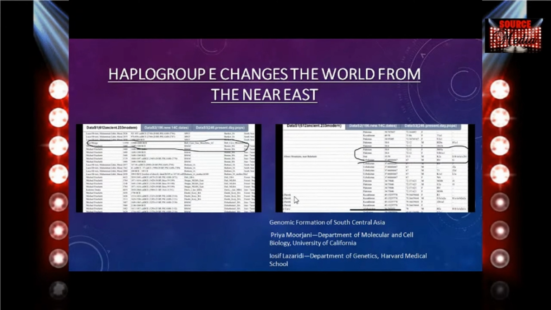Any of y'all can go into the supplementary data, click on the Excel, pull this up on your phone or whatever, and go through and look at these haplogroups, because this right here is a treasure trove of information about people who were in the ancient Near East that these scholars don't talk about. If you read these papers, they just call them outliers, just simple outliers. They don't tell you they're E1b1a.